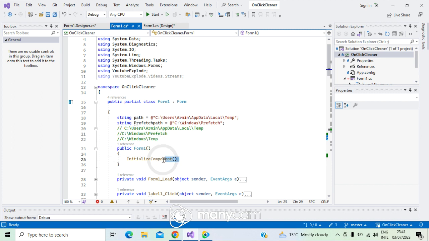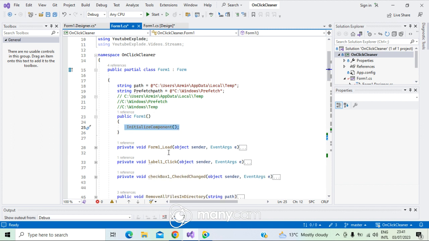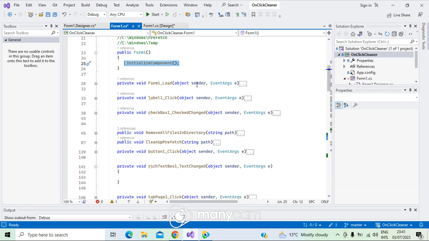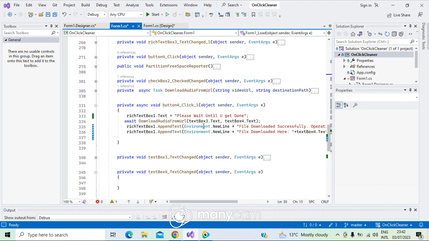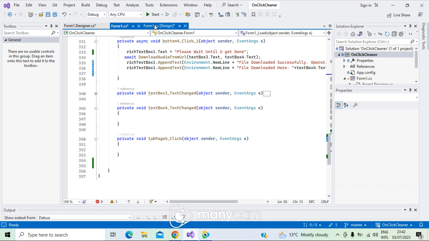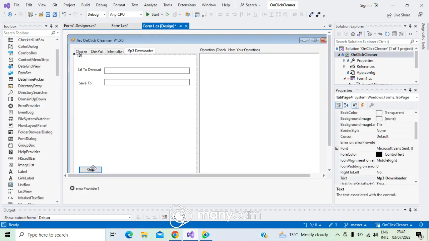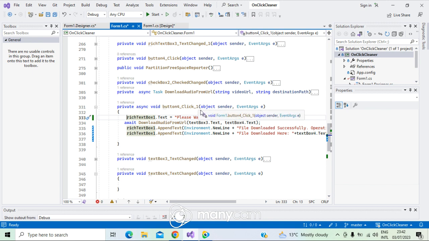That is what you get: InitializeComponent, which fires up there, and you can also pass things there. Form load: if I say, for example, text box 2 is equal to this, when the form is loaded or the program runs, these things happen in form load. But for now, let me go to the button, this start button. Now let's say